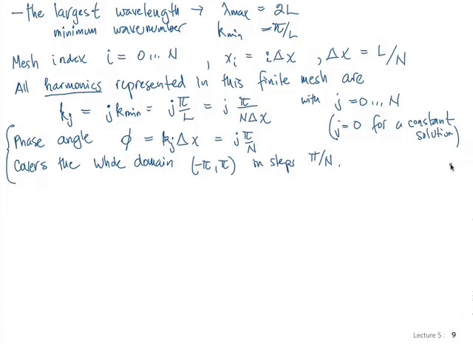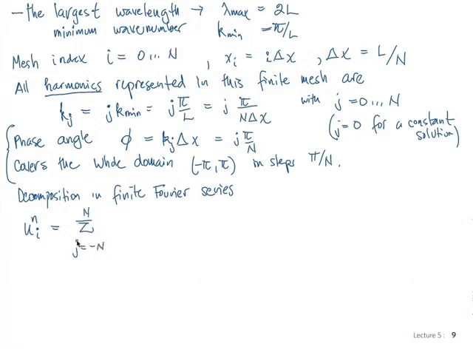So now we can write the decomposition in a finite Fourier series for the solution u_i^n, and that's going to be equal to the sum j equals minus n to n. I'm going to use capital V for the amplitude of each harmonic, and I use the same indices, n in this case for time. And because I'm using i for the index, I can't use i for the square root of -1, so I'm going to use capital I to indicate the square root of -1, our imaginary number. So e to the capital I k_j x_i,